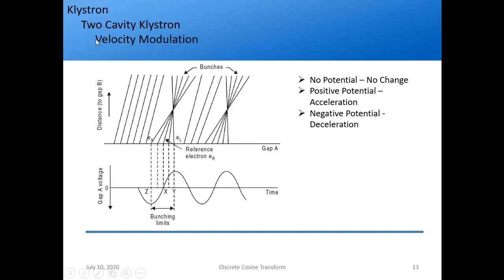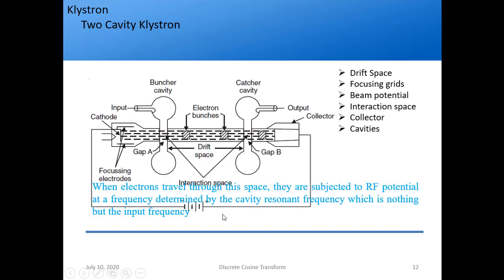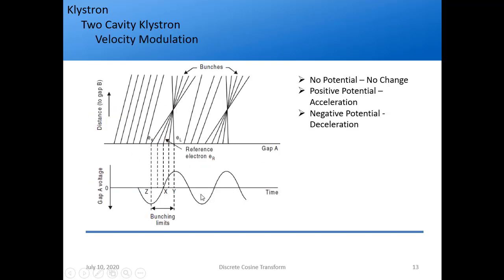So this shows the concept of velocity modulation. If you have not understood how the bunch forms, you can explain it with the help of this Applegate diagram. In the exam, if you get a question to explain the concept of velocity modulation with the help of the Applegate diagram for a two cavity klystron, you can draw this diagram and explain.